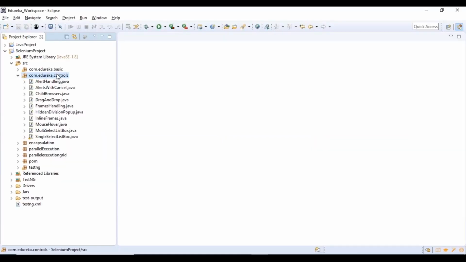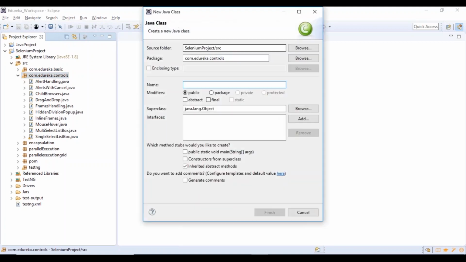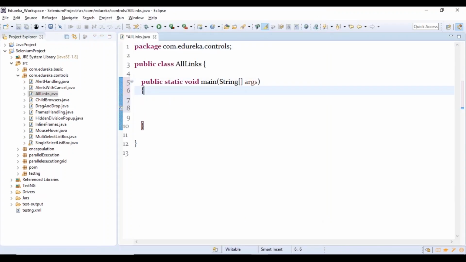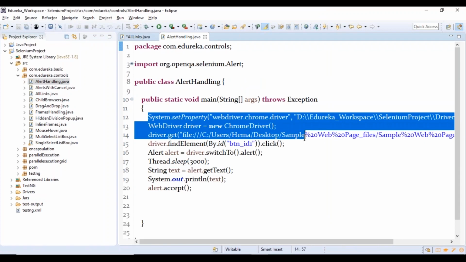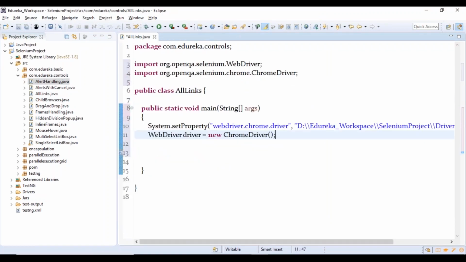I just go here and create a class called AllLinks, and I copy these two lines and paste them here.